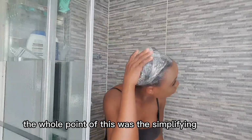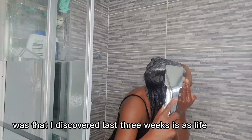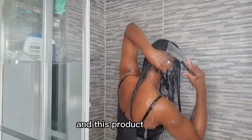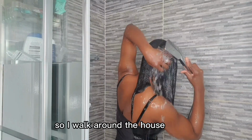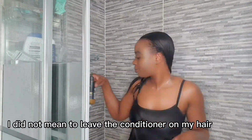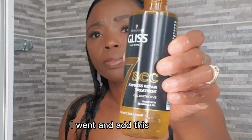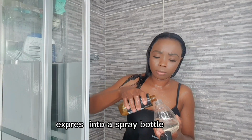The whole point of simplifying wash day that I've discovered the last 3 weeks is, as my life is getting more and more hectic, I need to be able to adapt to that. And this product is giving me the opportunity to do that. So I walk around the house for a number of hours. I did not mean to leave the conditioner on my hair for that long. It just happened. Now, once I rinse that off,